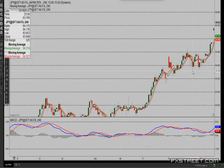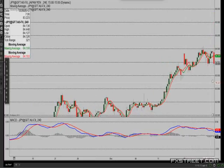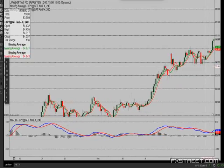Here's where I talk about risk. What do you think happens if you go long here? What do you think your average person is going to do if they go long here and this happens to them? They're going to panic. Oh my God, I'm long, I'm getting out of that trade. What happened? They got out at the bottom. If they had their stop just a little bit below that low,